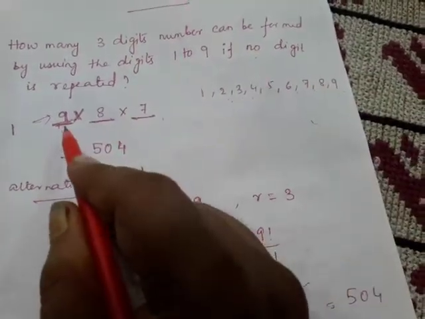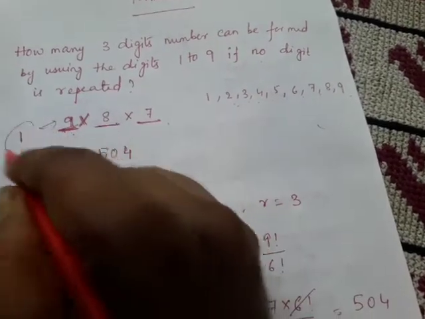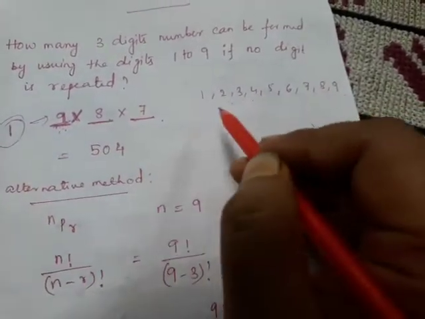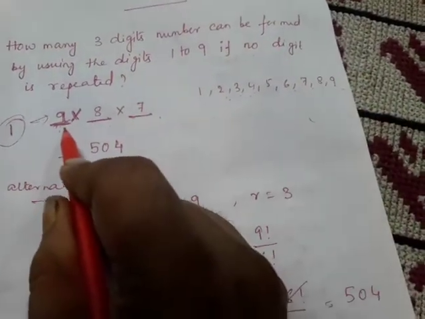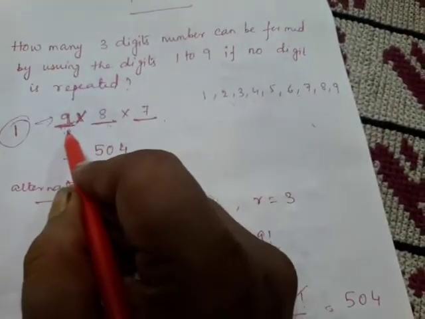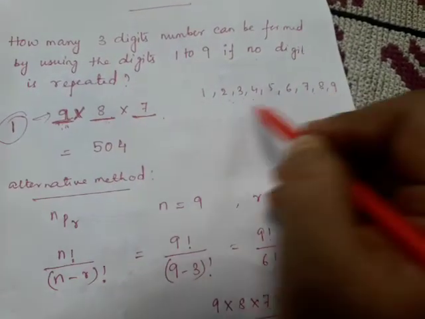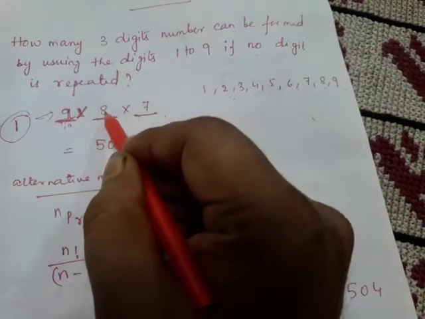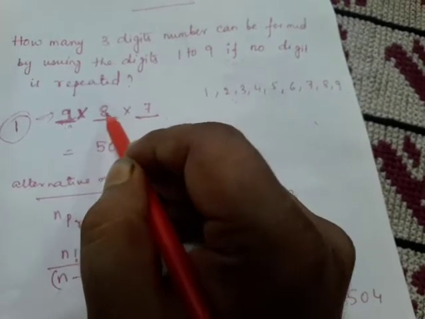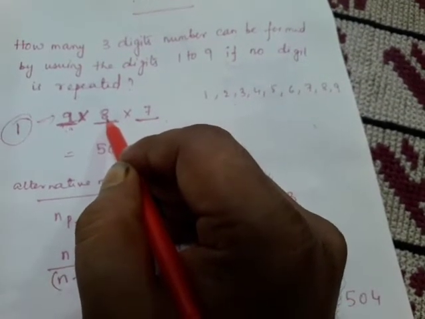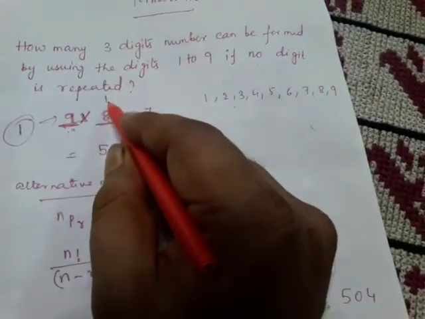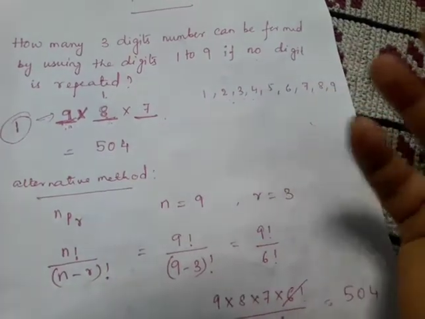Now 9 options means we have utilized one digit. It can be any digit from 1 to 9. We have utilized it over here. So in this place, how many digits are left in our hand? One digit is already utilized here. So there were 9 total digits, and one digit is utilized, so we have 8 left here. So this place can be filled in how many ways? 8 ways. These are the ways of filling, the options, not your digit. Clear? The digit is 1, but this one digit can be from 8 options.